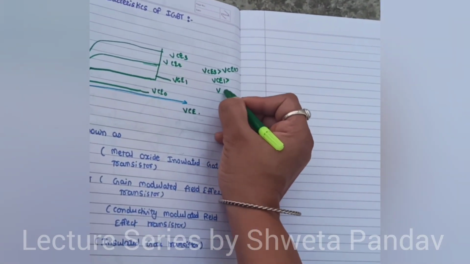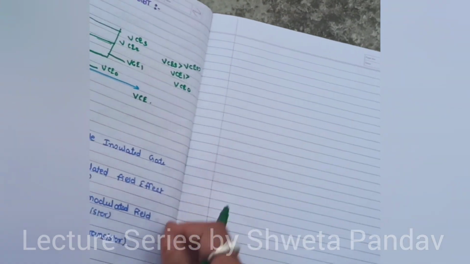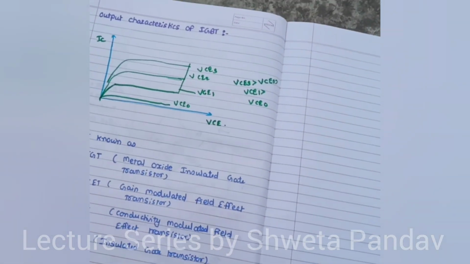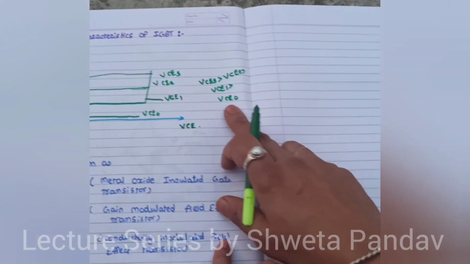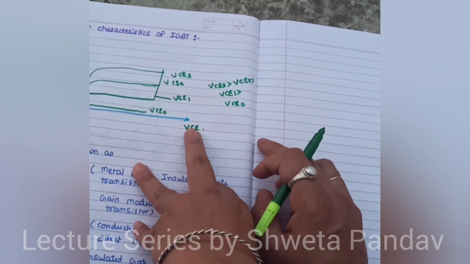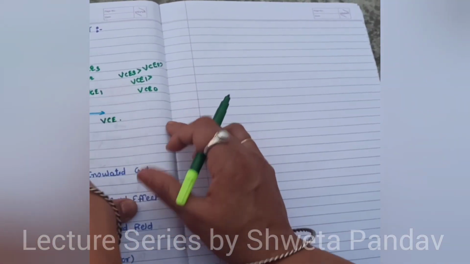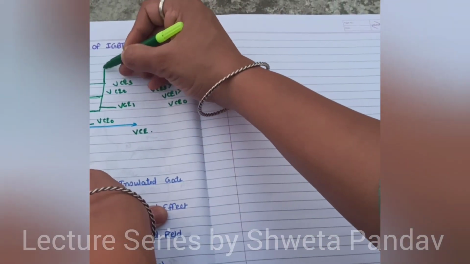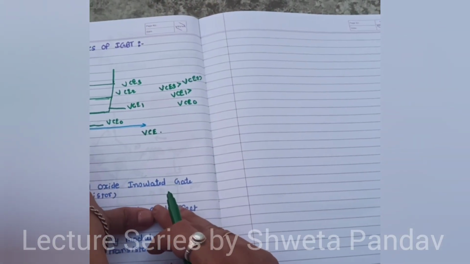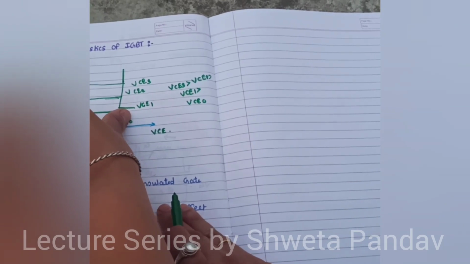As we go on increasing the voltage between collector and emitter, the current starts increasing. The current increases initially to a small value, then it remains constant for a particular period,